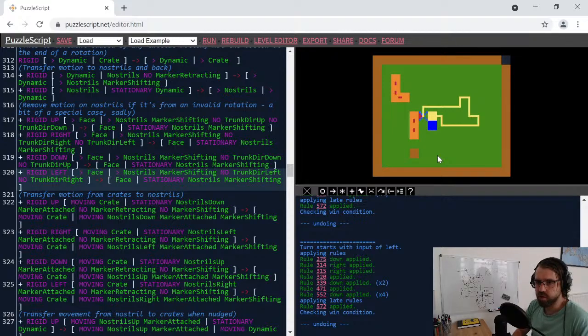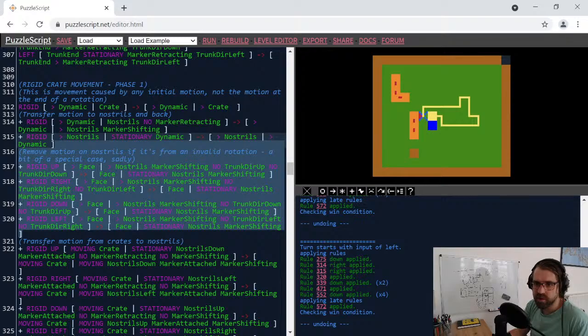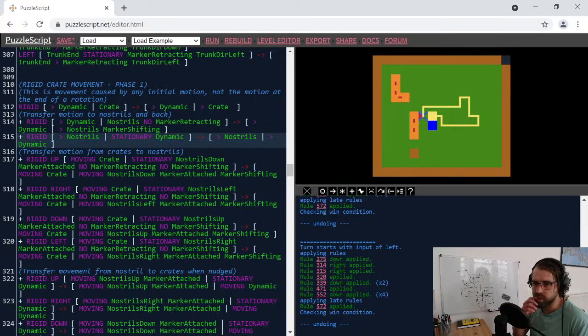Right, the problem is that we've already transferred motion to the thing. Just removing the motion doesn't actually do what we wanted to. Yeah, because everything else keeps going. Okay, removing motion is a terrible idea in here. I need to just not add the motion. That's not remove motion, that's just not add it in the first place. Yeah, so by doing a similar thing to what I did in the other thing, which was